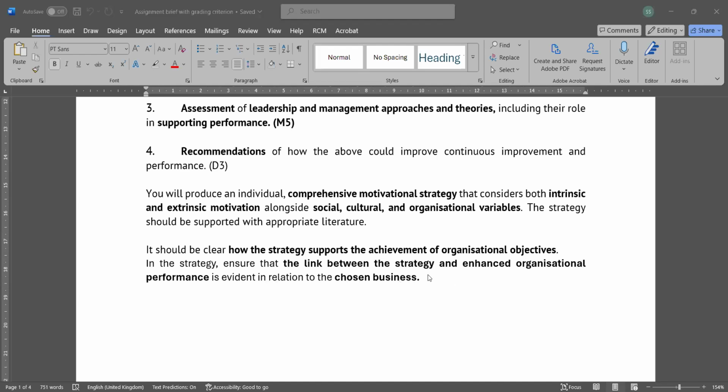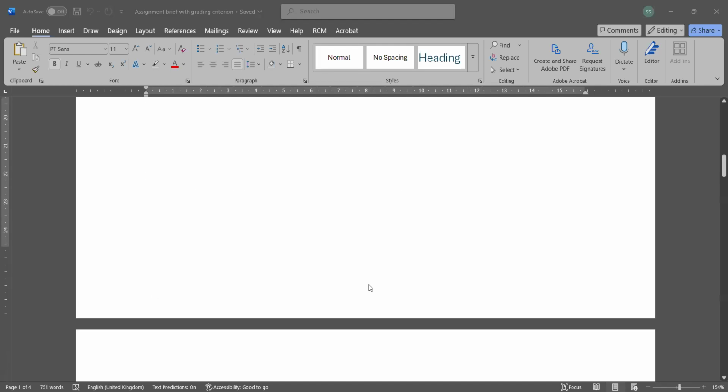Whatever business example you select, make sure your strategy is linked with the organizational objective and leads toward enhancing organizational performance. Number one, it is linked with the organizational objective, and number two, it also enhances organizational performance.